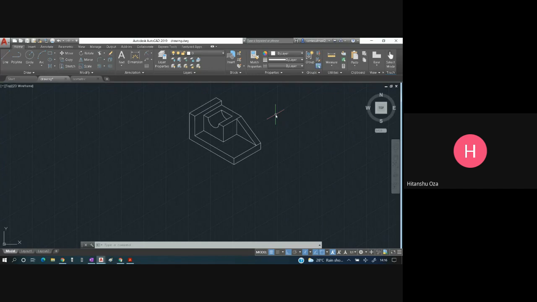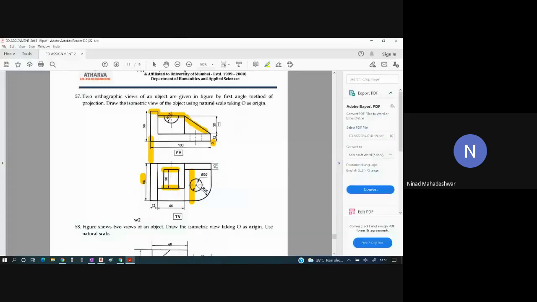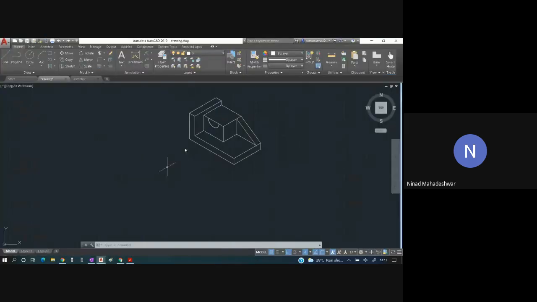Yes, sir. Again, what we have done over here, this entire semicircle, where we have seen this starts from this end and ends 30 mm inside. Okay, so starting point is given to you, the end point we have to project. So for that, what we are going to do, we are going to put this inside by how many mm? 30 mm, and we are going to join those lines over there.